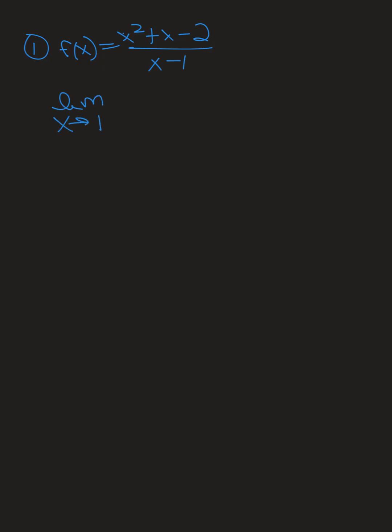Okay, so to start, let's look at a couple of examples that end up being limits. Number 1, say that we have a function f of x is equal to x squared plus x minus 2, divided by x minus 1. And we want to try to evaluate the limit as x approaches 1 from the left, and then the limit as x approaches 1 from the right, and then we'll look at the limit as x approaches 1